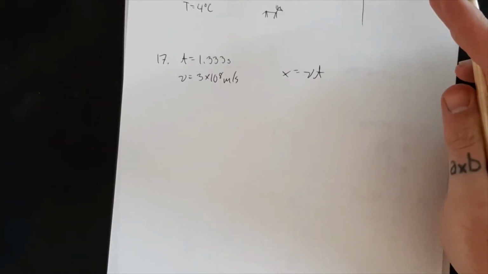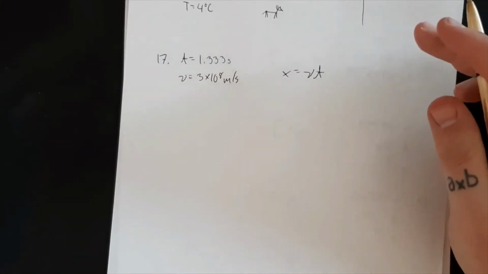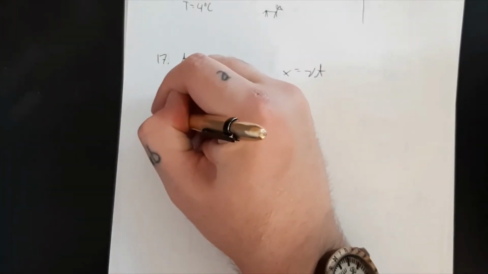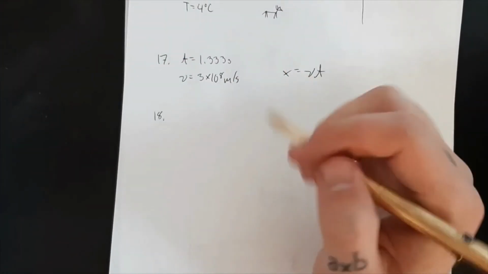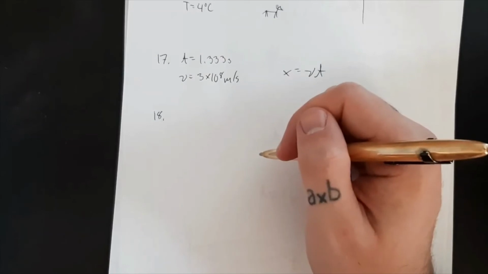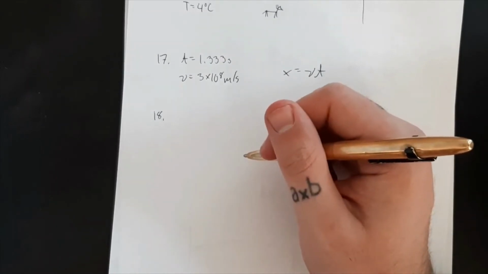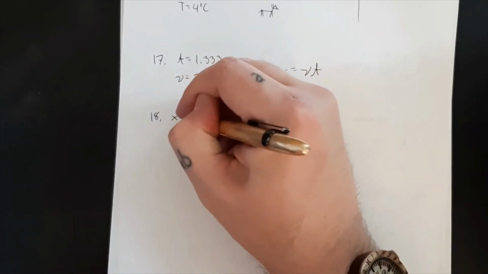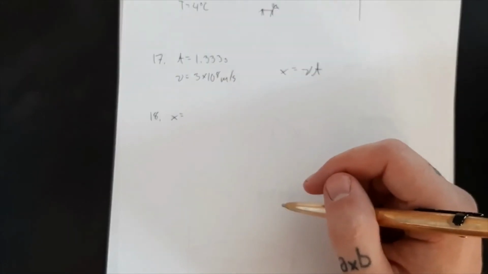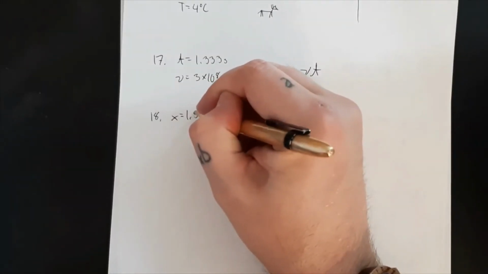All right, number 18, we've got the sun being a distance from the Earth, and we're looking for how many minutes it takes for light to travel from the sun to the Earth. Okay, so we've got a distance there. Main thing to pay attention to on this one is it gave us our answer in kilometers. Okay, so it told us that our distance was 1.55 times 10 to the 8th